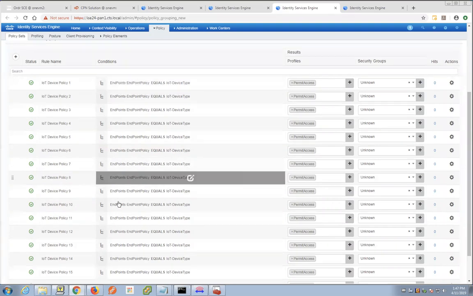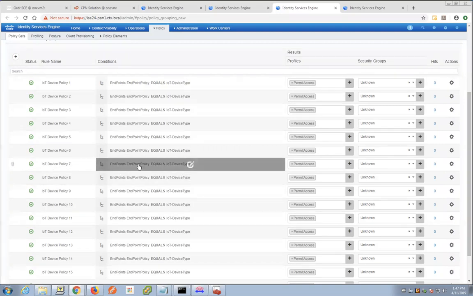So I'll show you. And the other thing I want to highlight here is, as new devices come on, your teams are tasked to create a separate policy that says, if it's this type of device and if this classification, then this is the policy that I assign to it. Now let's look at what